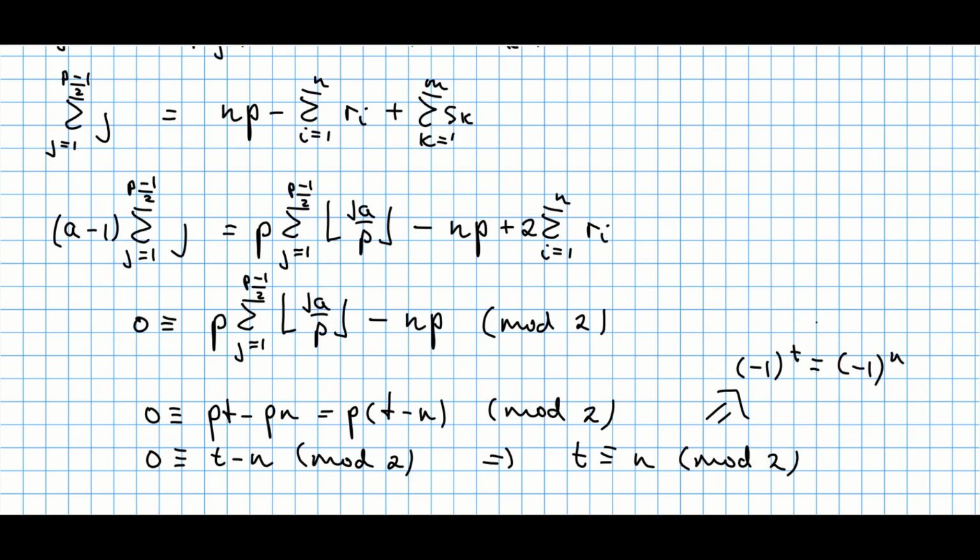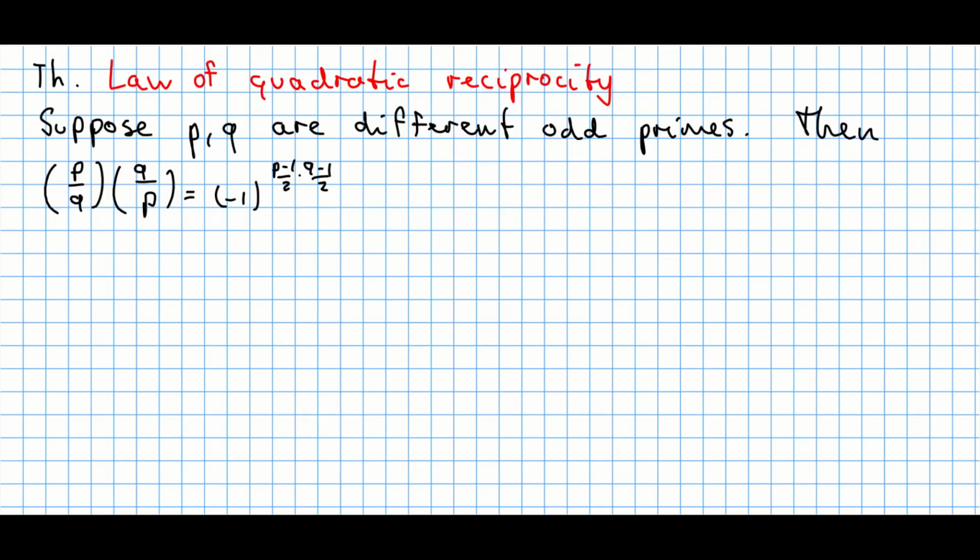And now let's recall Gauss's lemma, which says that the Legendre symbol of a modulo p is negative 1 raised to the power of n. However, we know that this is the same as negative 1 raised to the power of t, and that's what we needed to prove. Now the final big boss, what we've been waiting for, and that is the law of